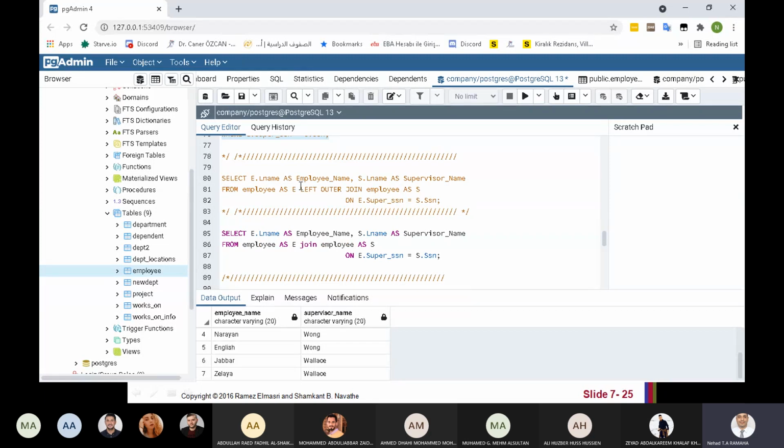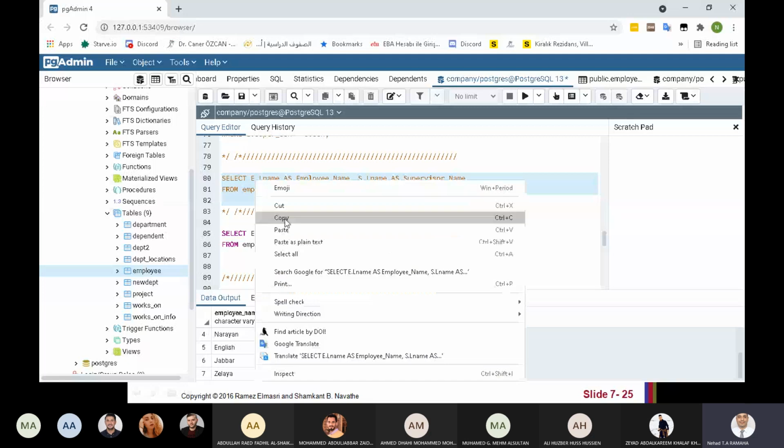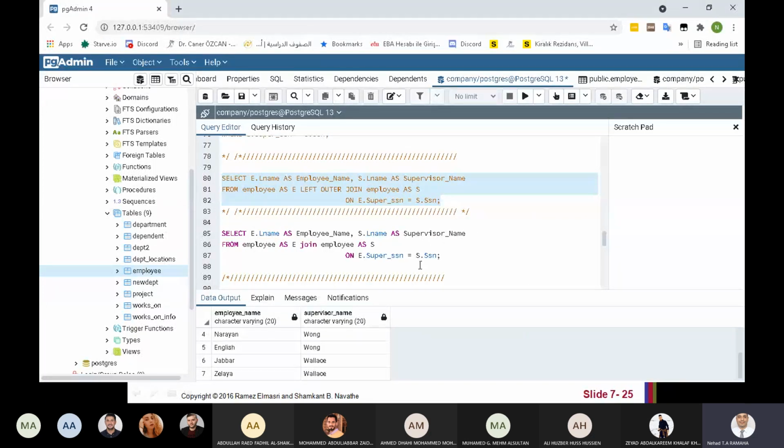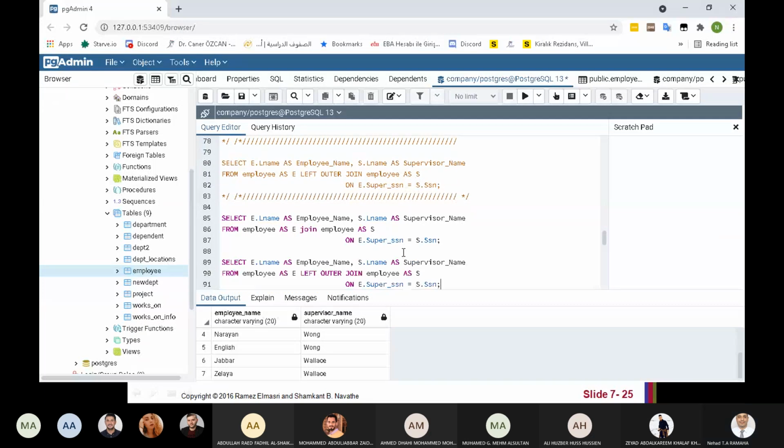But if we need values from the left or the right to exist in the join, we will use left or right outer join, or both. Full outer join. We can use full outer join. Let's check the full outer join. Now, not left.